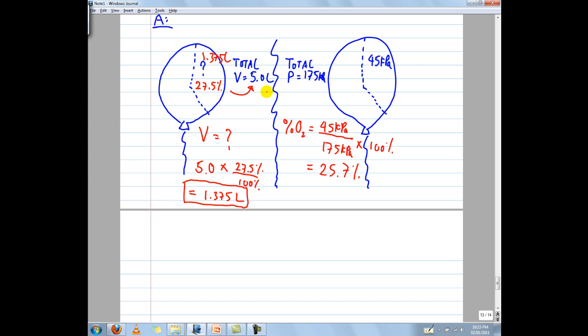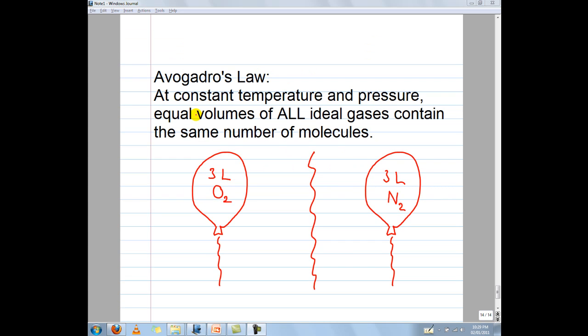So like I said, with Dalton's law of partial pressure, there is no real equation per se. It's more of a concept, an idea of how to relate these two. Mostly it's just ratios, setting up your ratios between them. Now the next law we'll be looking at is called Avogadro's law, and it states that at constant temperature and